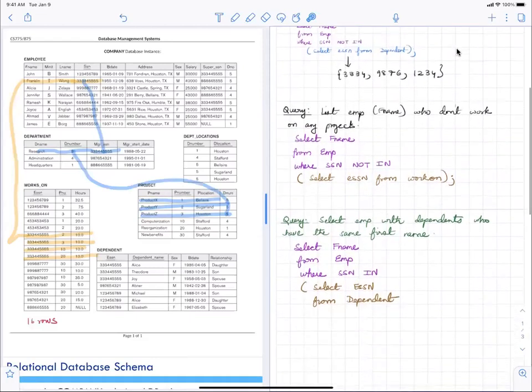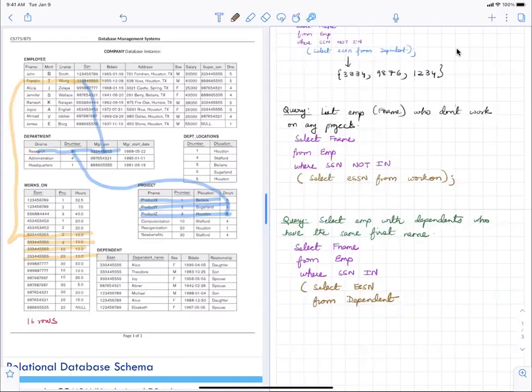But now here you want someone from dependent who has the same first name. So this is a bit different. So we are looking at dependent where the dependent name is equal to the employee first name. We are looking for a where condition where the equality requires an attribute from the employee table, and that is something you can do.